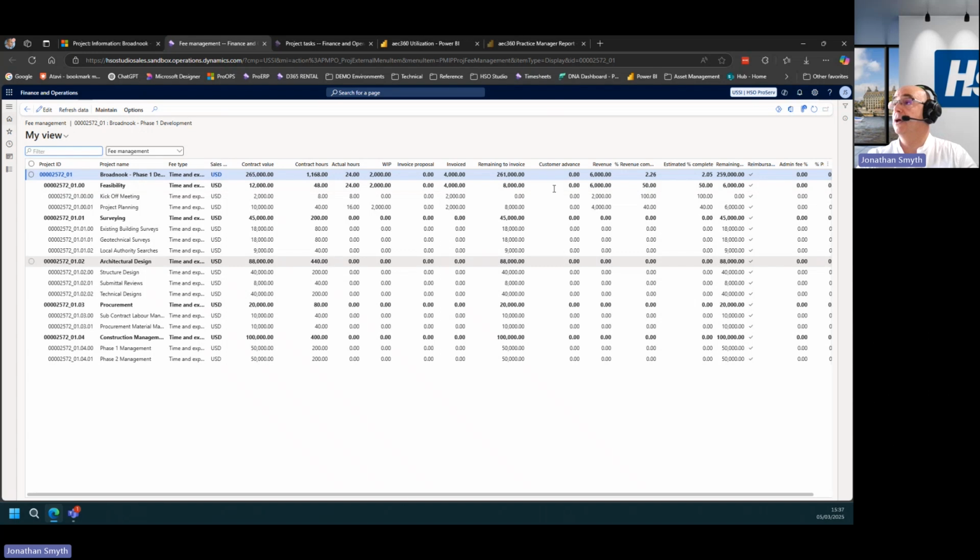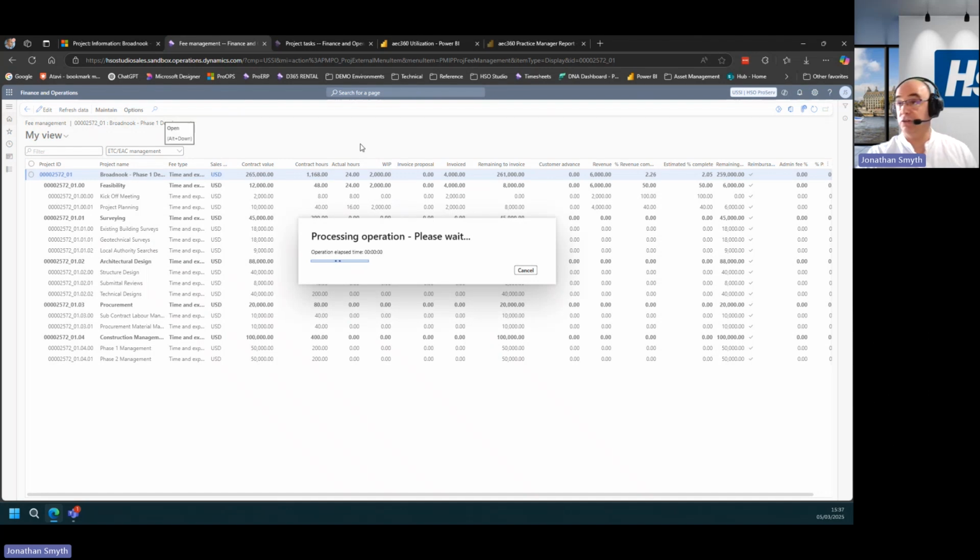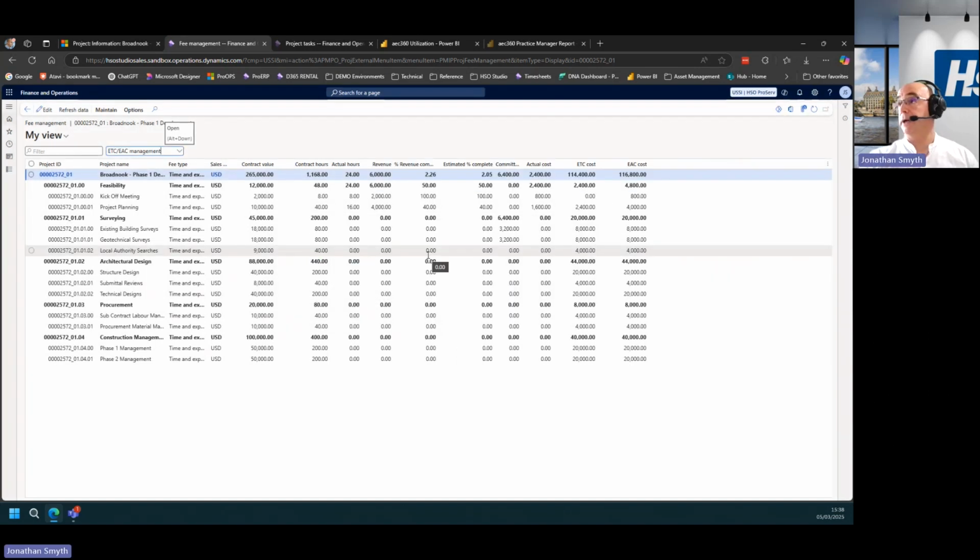And again, this is giving me that snapshot in the finance area of the system of our contract value, our revenue that we've generated, and of course, that ETC EAC information, which just as soon as this refreshes, we should see the exact same information that we were looking at if I was wearing my project manager hat in the project operations area of the application itself. So give this a couple more seconds, and then hopefully we should start to see that information. There we go. So ETC, EAC, and again, the revenue which has been pushed through that project.